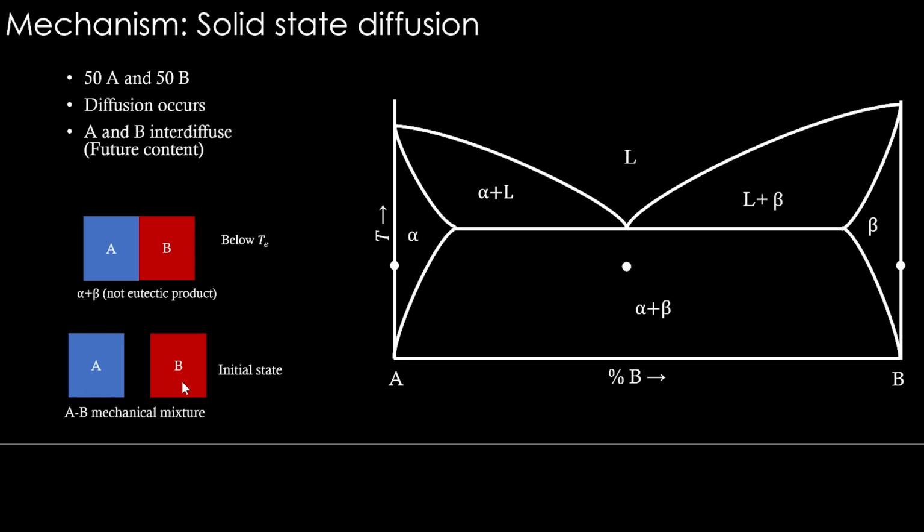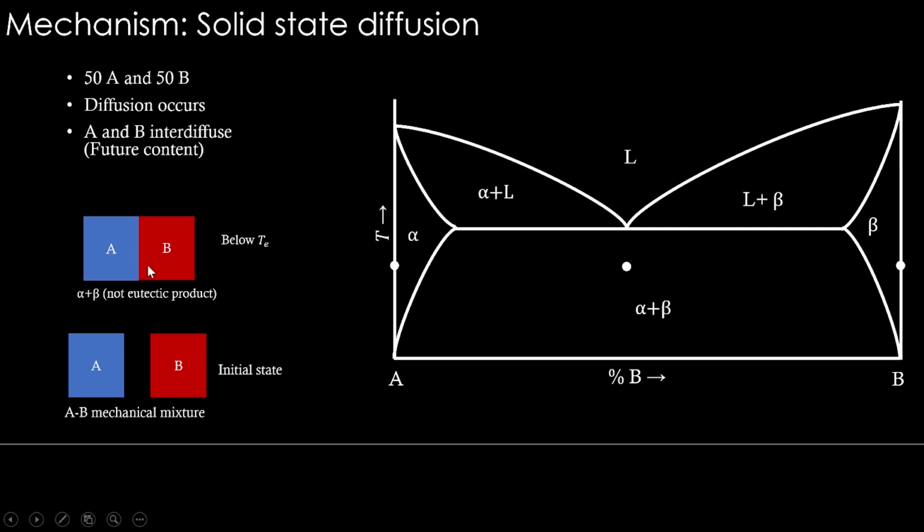Then what we are going to do is join them like this. So these two are joined and kept at a temperature below the eutectic temperature. So a pure B piece and a pure A piece will be taken and attached like this, and since this temperature is significantly high, diffusion will happen in the solid state between them. We will see about diffusion in detail in the future. That's called interdiffusion of elements into each other. This will happen in the solid state, so atoms jump and move from one solid to the other.